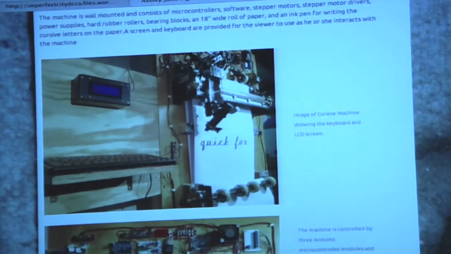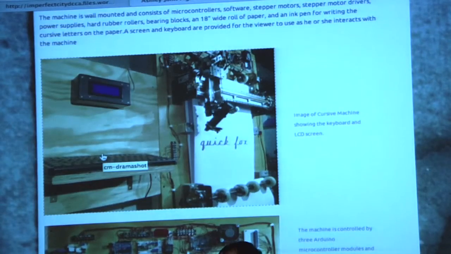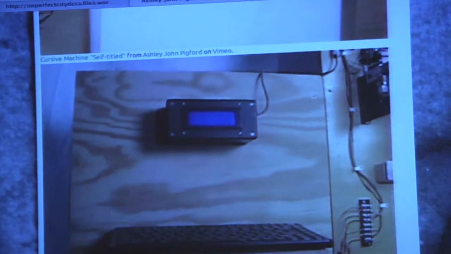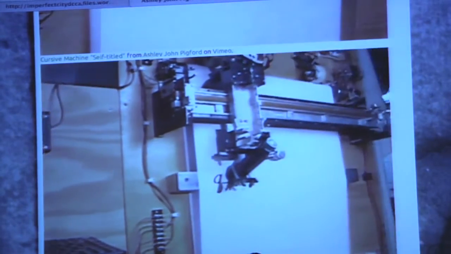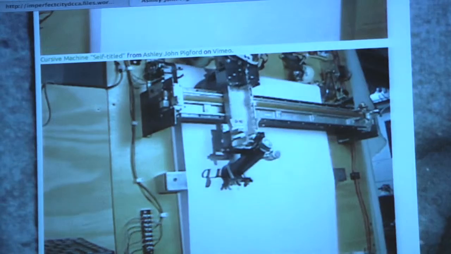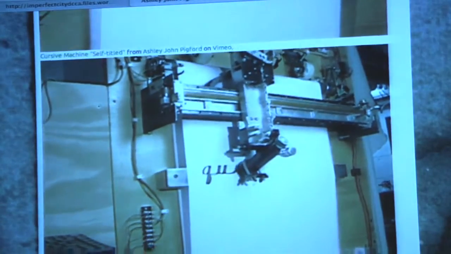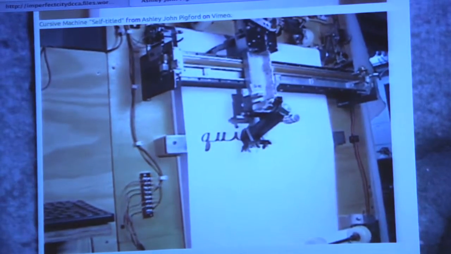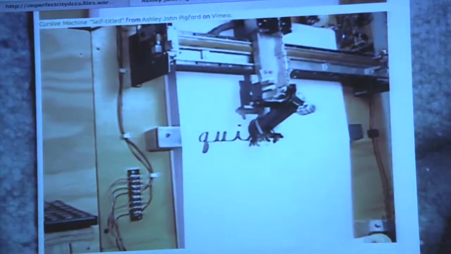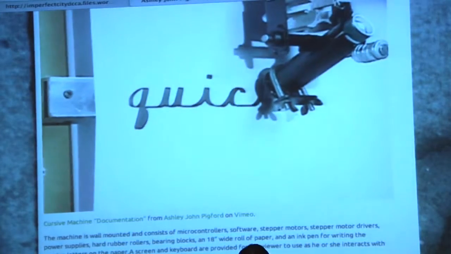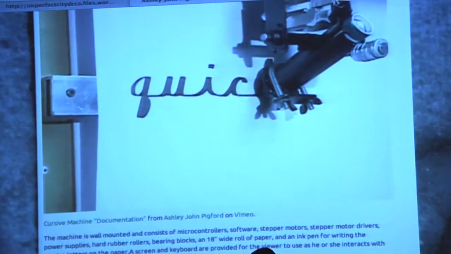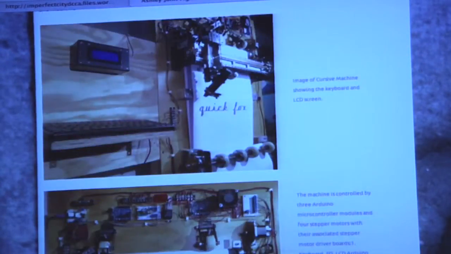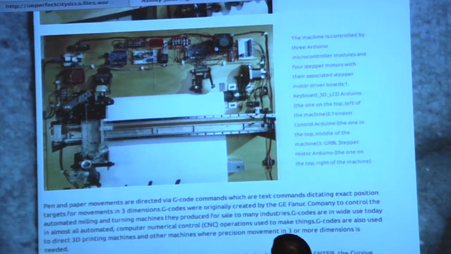There are other photos down here. Yeah, so there's a keyboard. In this case, there's a keyboard inside. So there's your keyboard, there's the machine, and a lot of electronics.